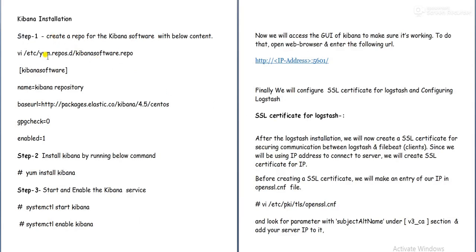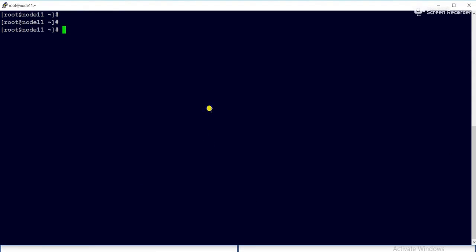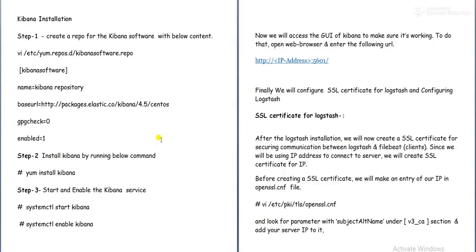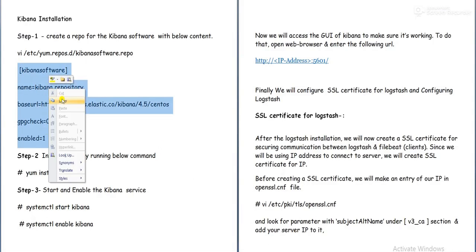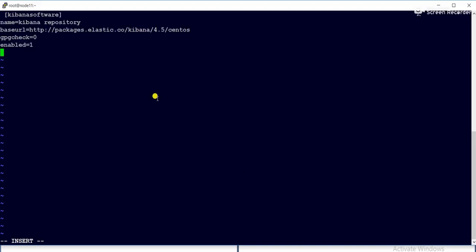Same as Logstash and Elasticsearch, we will create a repository for Kibana also. Here we will simply copy all the contents and paste.